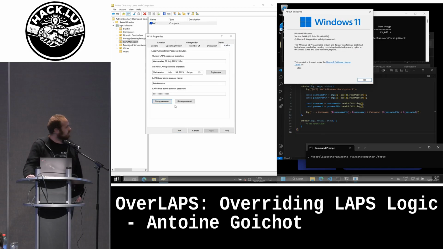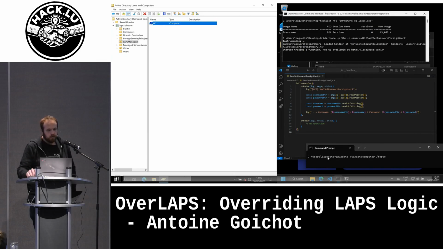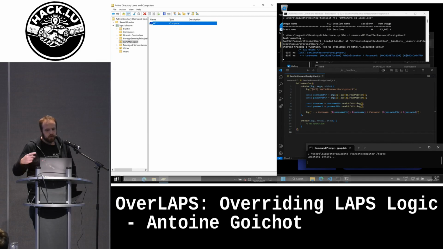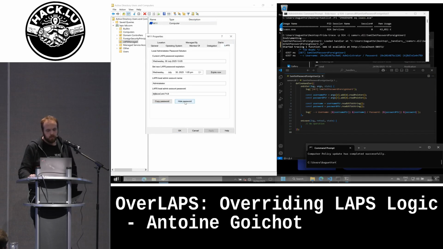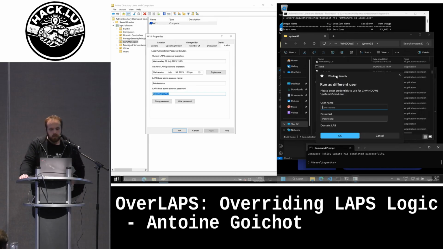So first, we look at the password. The demo was recorded during the summer, so the password is not yet expired. We launch our hook. We force a reset. We will launch a gpupdate just to force it. And here we have a blue line, and actually we have captured the password here. You can see that it matches the one on the Active Directory side, and we will just check by running a command to see if it's actually working. Spoiler, it will work.